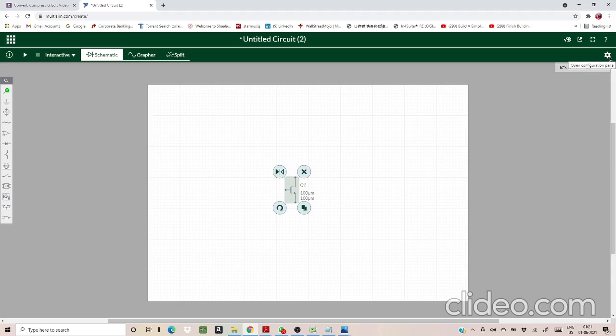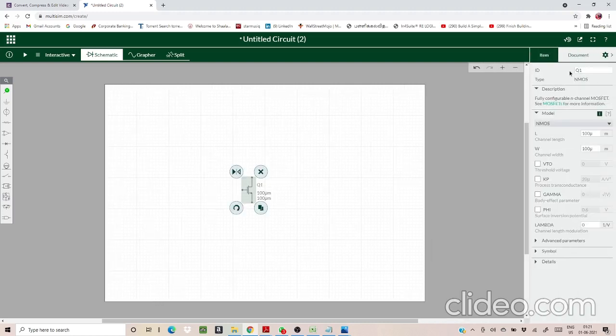Here you will have the configuration pane; just select that, and you would see item and document. These two panels are very important for each and every experiment. You will note down the output by using this item and document pane. Below the item pane, you will have the symbol. Just press this icon. You could see another symbol noted near this. Just press this, and you could see that the symbol varies here. Now this is the proper MOSFET that we are going to use for our experiment.